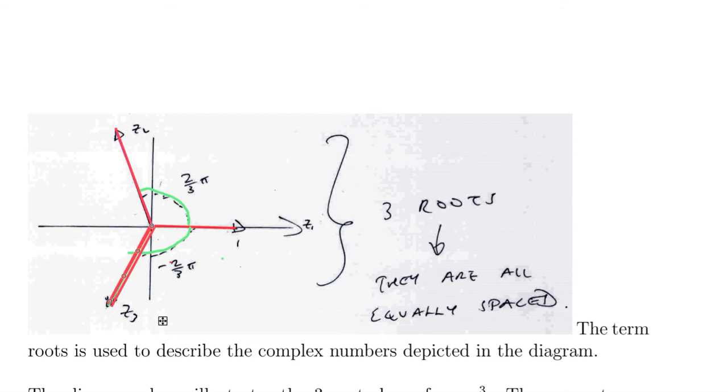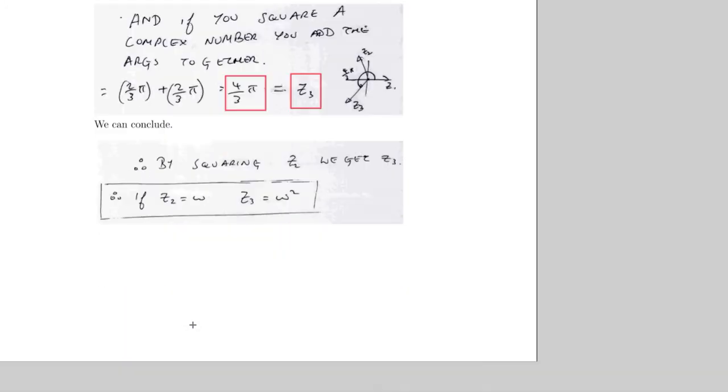And once more, it is also another way of visualizing, another rule that we can talk about another time, that if you square a complex number, you add the arcs. So 2/3 pi, arcs being the angles, 2/3 pi plus 2/3 pi, you'll get 4/3 pi, which is z cubed. We can conclude therefore,